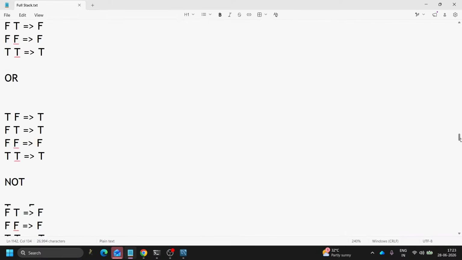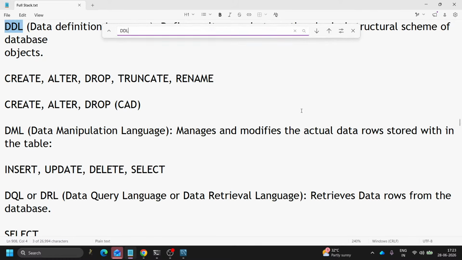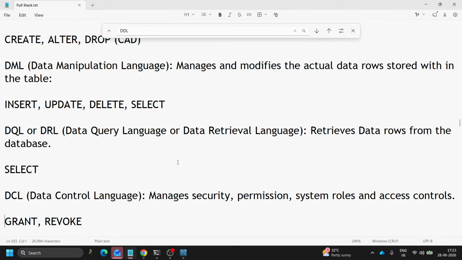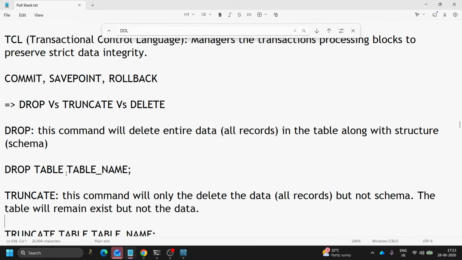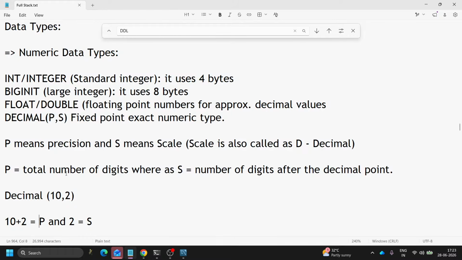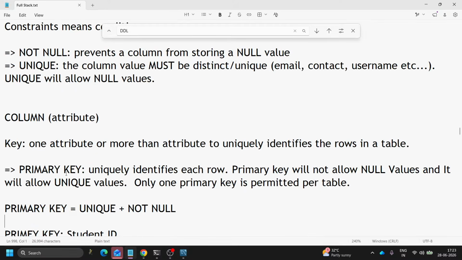I just want to highlight important points: insert, update, delete, select, done. And TCL: grant and revoke are used to assign permissions. If multiple users are there, I can give the permissions accordingly. Regarding delete,